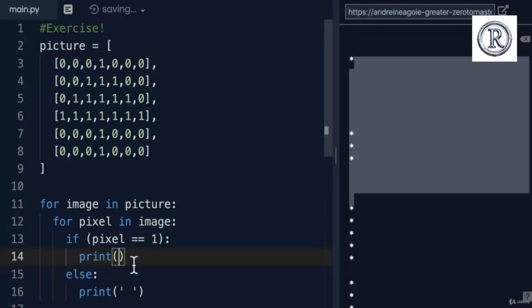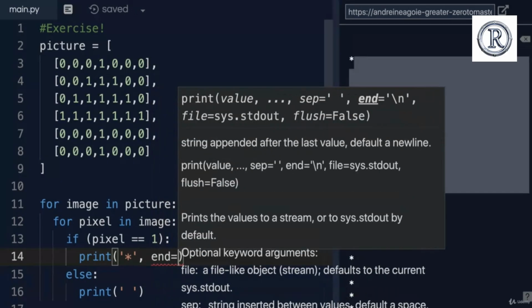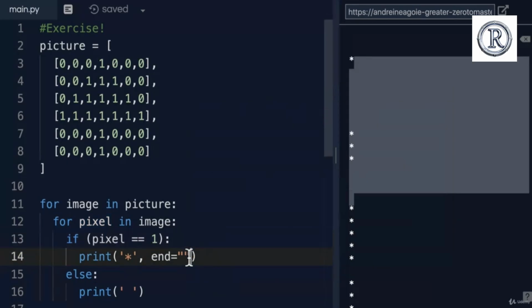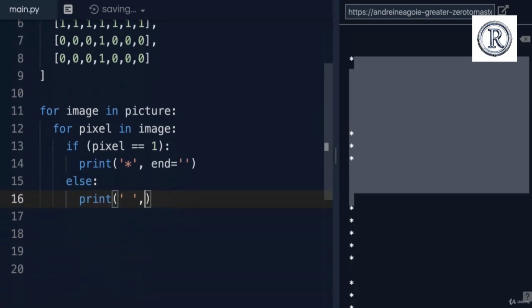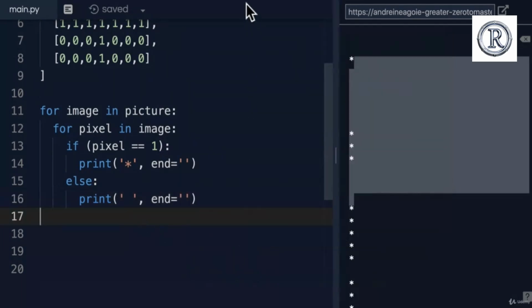So we can change that by simply saying star, comma, end, and then for the end, I don't want a new line. I just want, well, a string, but an empty string. And same over here. If I do comma end, and if I click run,